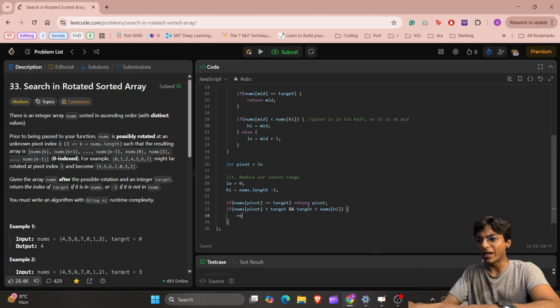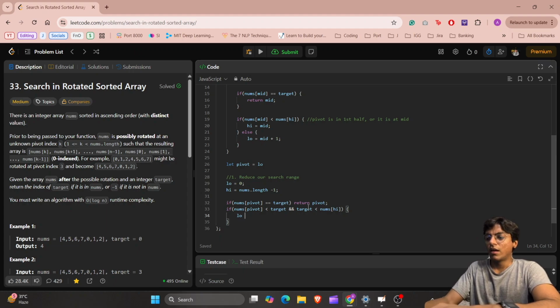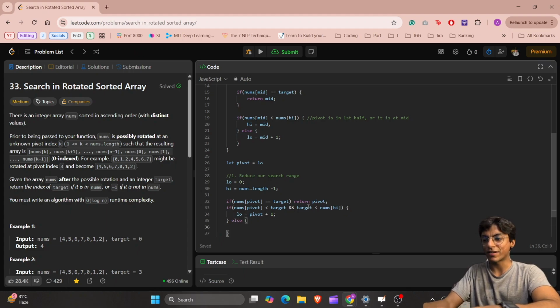We don't have to return anything. We have to change our lower point to pivot plus 1. But if that is not the case, we simply put an else condition and say that, okay,